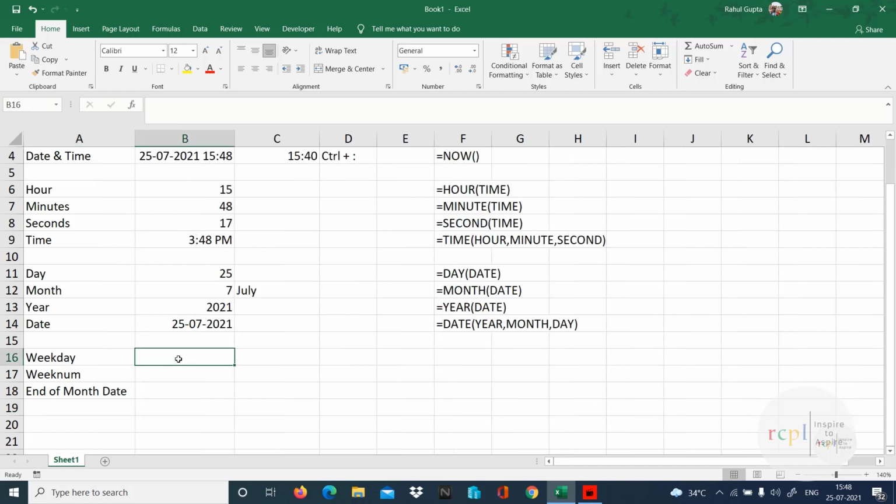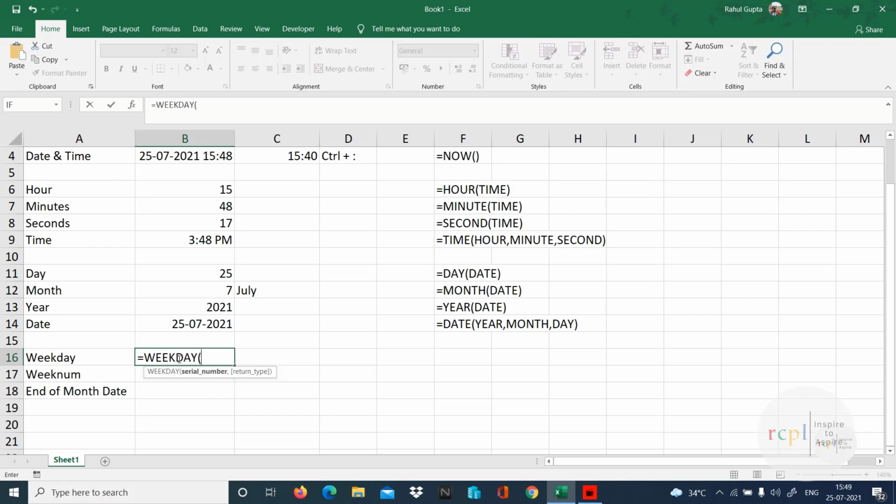Now weekday, if I talk about, that depends on the day from which I start my week. Many countries, like Arab countries, have the weekend off as Friday and Saturday. They start their work from Sunday onwards. Other companies might have their Friday off, or they might have Thursday off. So we should know what the weekend off is, and accordingly we have to start the week. For example, I start my week from Monday onwards. So I have to define that Monday is the first day of my week over here. So let's check is equal to weekday.